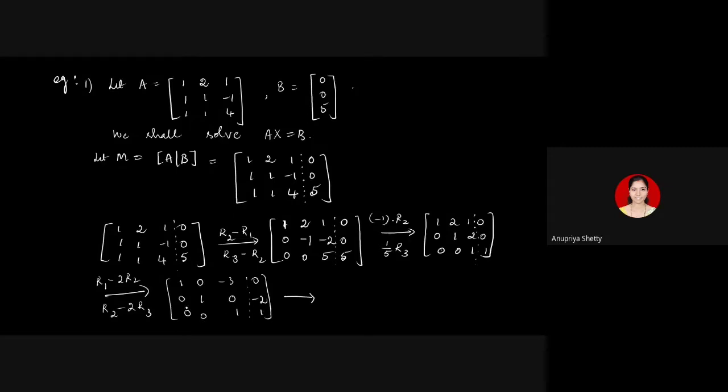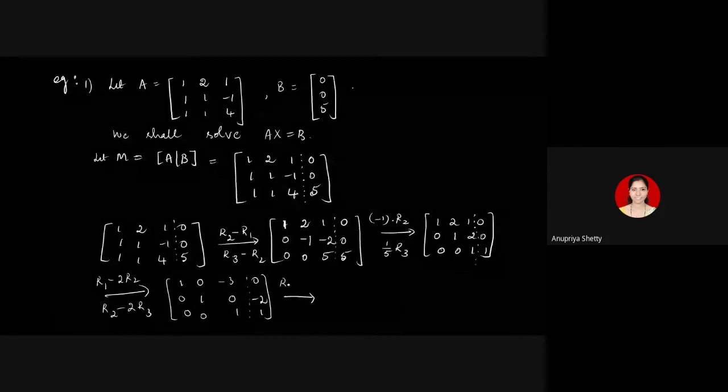It's not wrong if you stop at this point and solve this, because this system also can be solved easily. But we will always try standardizing this. What I have to do, I have to see that the entries above a pivot are 0. So this minus 3 has to be made 0 there, which is in the third column. So you have to go for R1 plus 3 times R3.